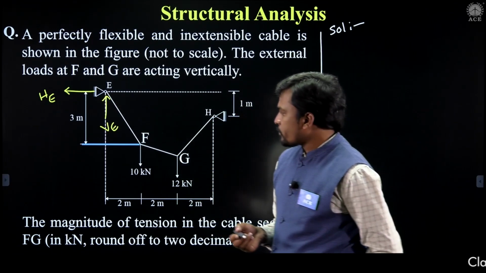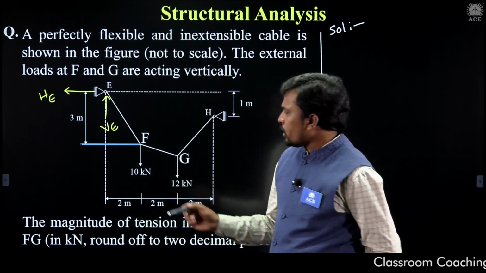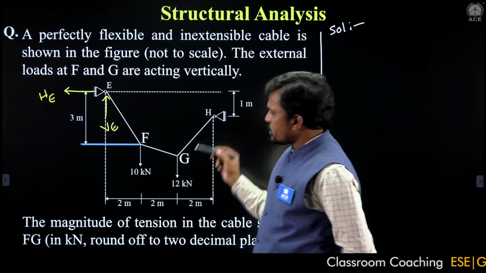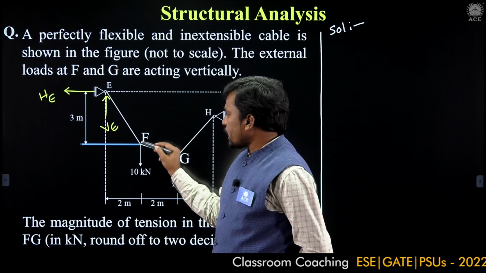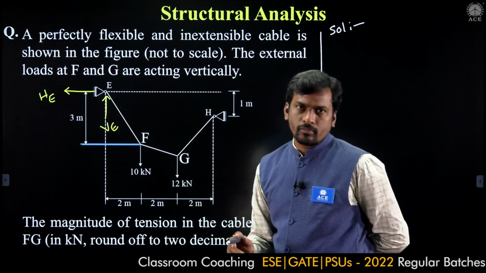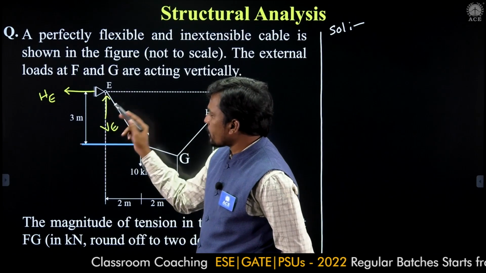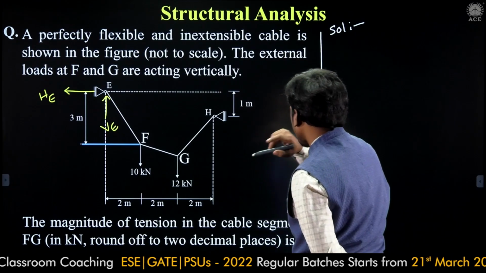Now I'll take moment at F equals 0. Not only at F, everywhere it is 0. So the bending moment at F equals 0. Then look at the left part, just the left part, because I want to find the support reaction values first. So here in this diagram,